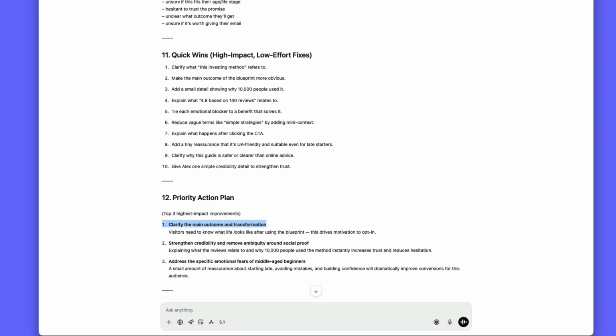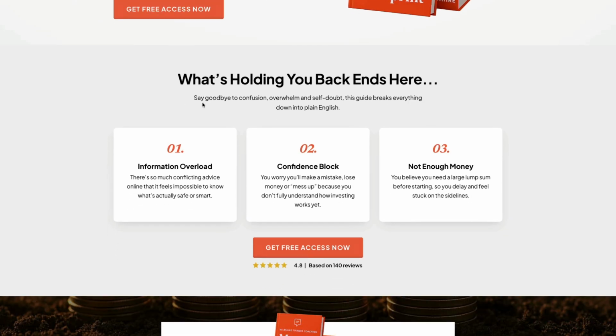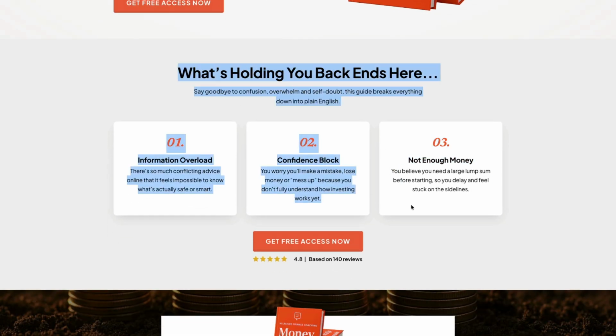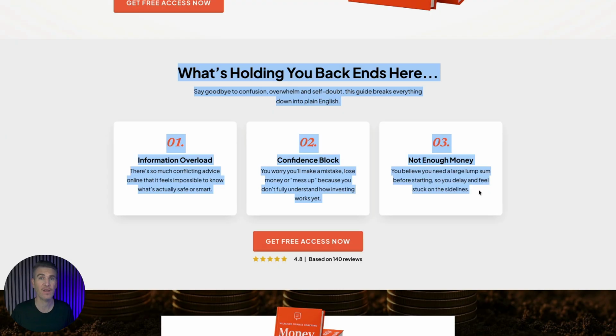So if we jump back here to our landing page, we've got a section here where we are focusing on the pain points that a visitor may currently be experiencing. And our report is recommending that we might want to tweak those to focus more on the positive outcomes of the lead magnet delivery. So what we're going to do is, if we copy this here, paste that into the